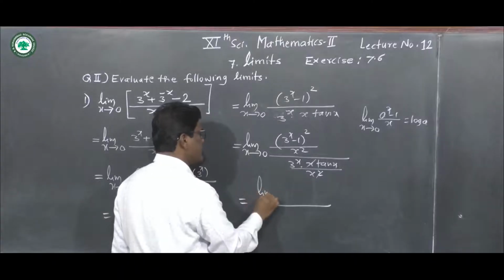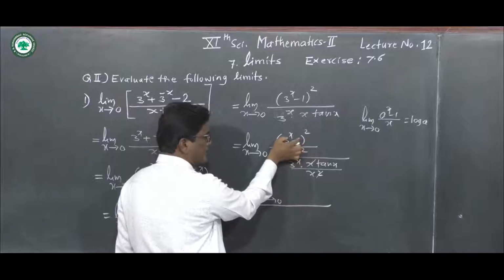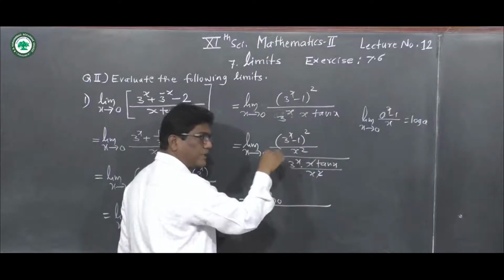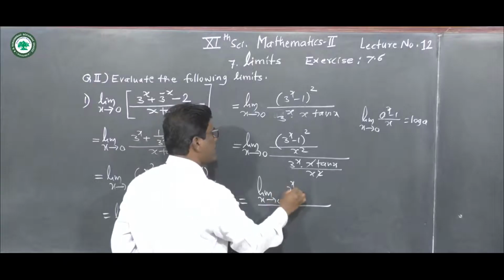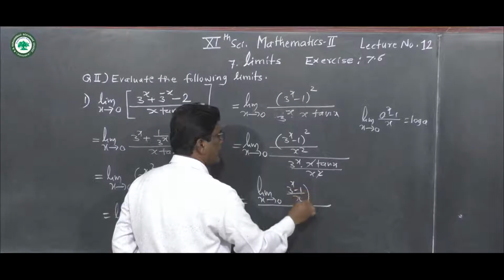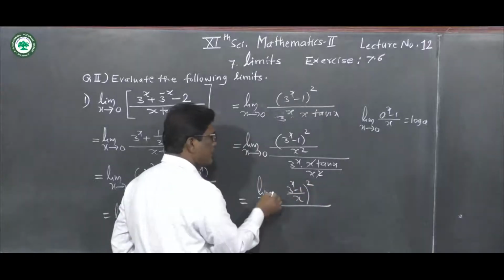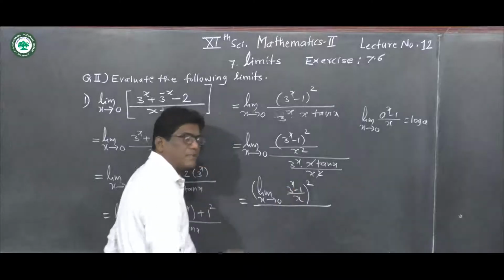So limit as x tends to 0, here numerator square upon denominator, we write numerator upon denominator bracket square, that means 3 to the power x minus 1 upon x bracket square, and then take the limit inside the bracket,